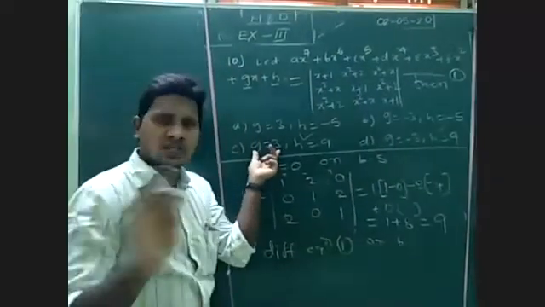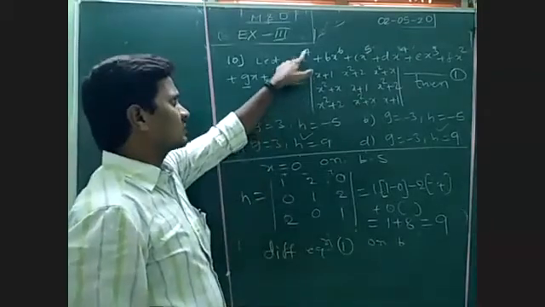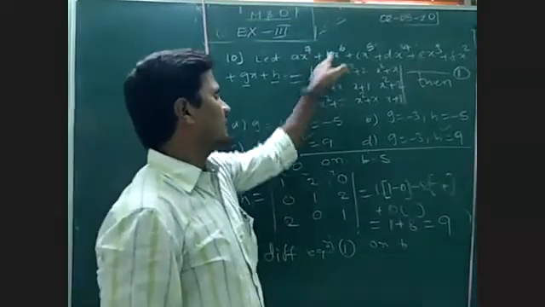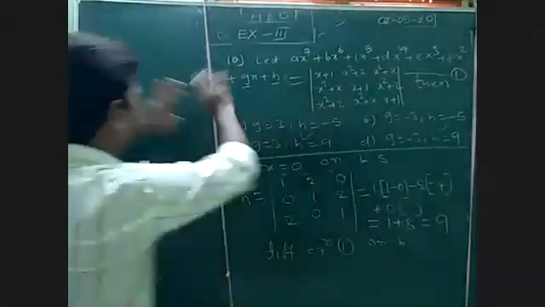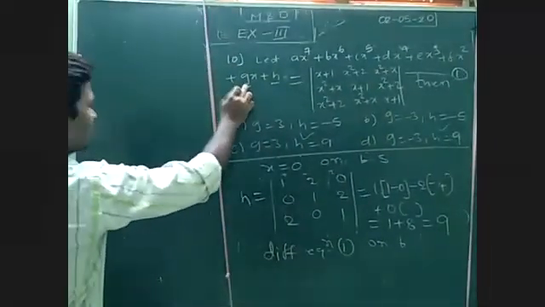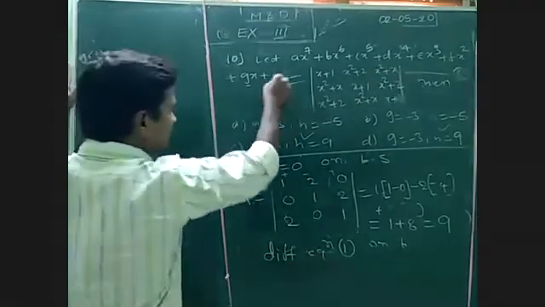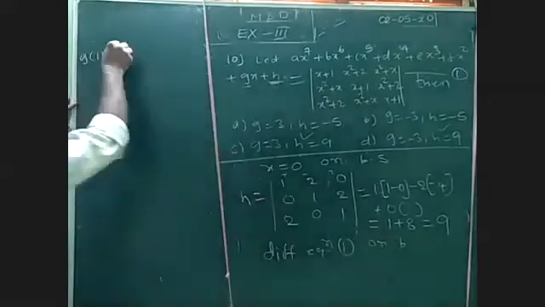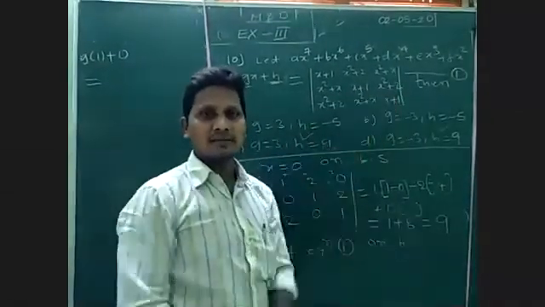Here we need only the g value. The remaining terms become 7a x^6, 6b x^5, 5c x^4 and so on. We don't want to write anything, just write g into 1, g into 1, plus h is a constant. The constant's derivative is 0. This is equal to, how can we differentiate a determinant?